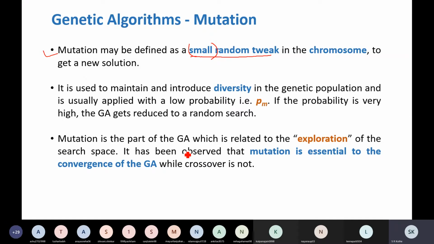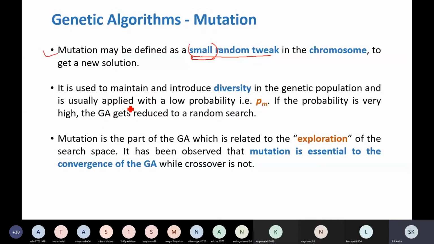To avoid that, mutation is introduced with a small amount. Why is it small? If it is large, that will result in a generated chromosome which will be totally different from the parents. So we don't want that.